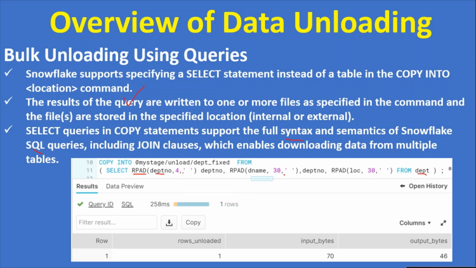In a similar way for department name: if any department name is less than 30 characters, it will be padded with spaces, and similarly for location. So ideally, this unloading copy command will generate the fixed file.